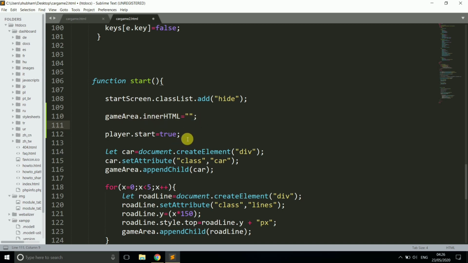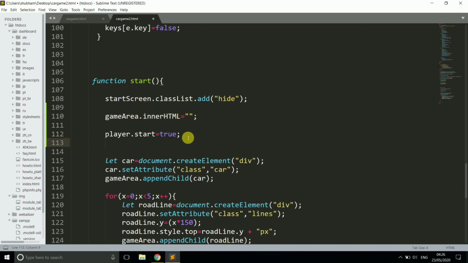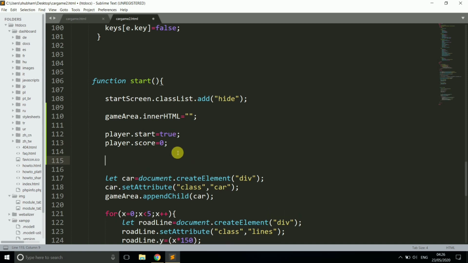Now here we are going to create a function, which is gameplay. First we write player.score = 0, so when the player starts the game, his score will be 0.